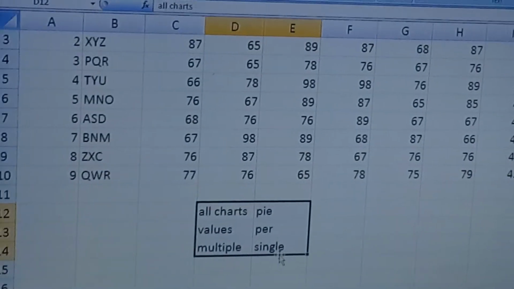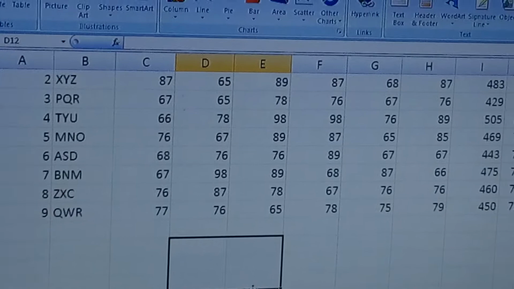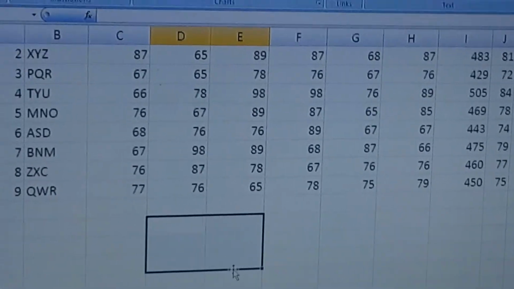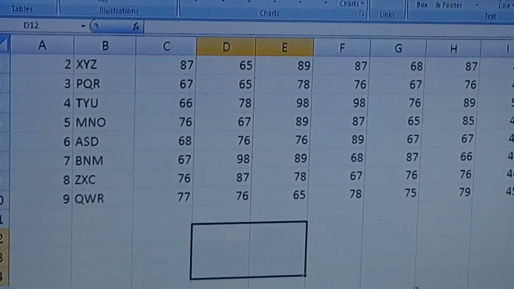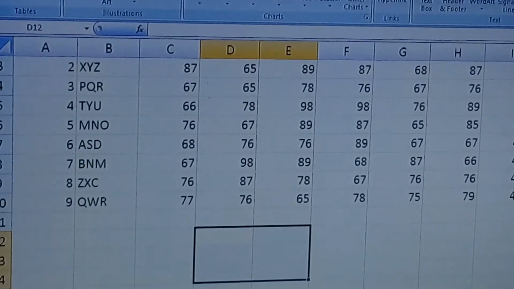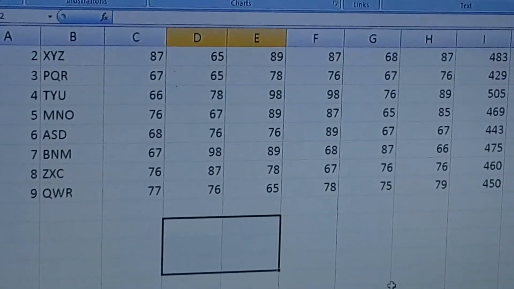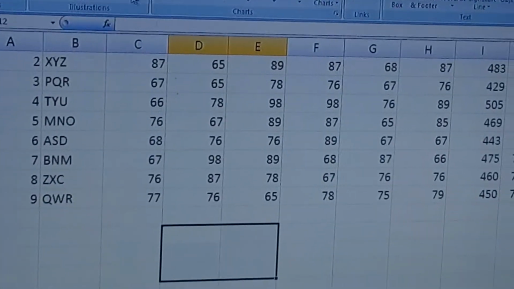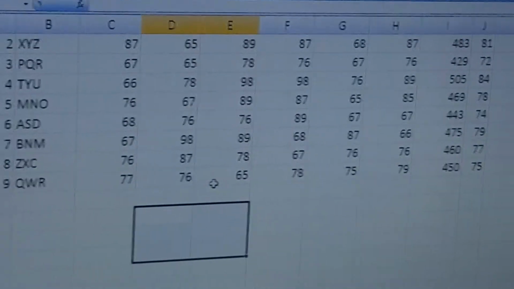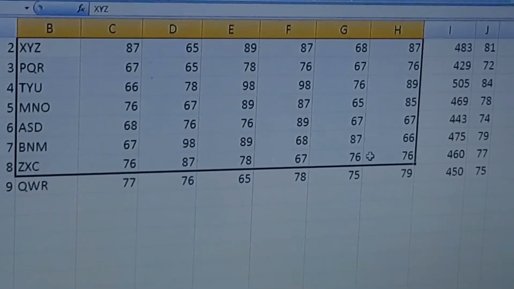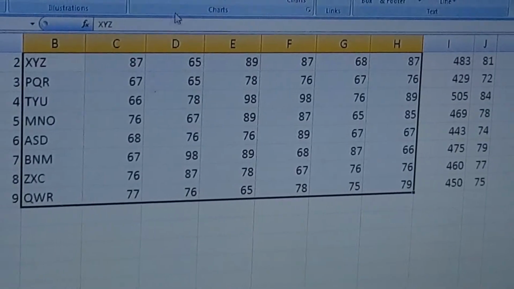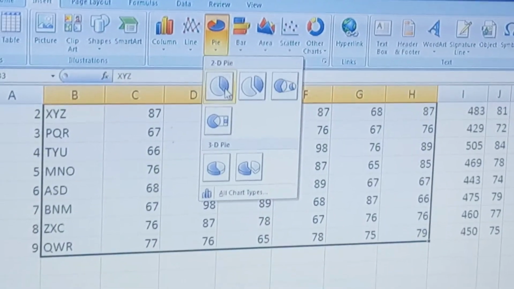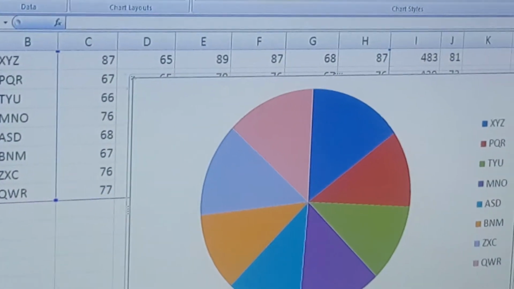And pie chart is presented in circular form, whereas other charts appear in bar or line form. Suppose I select the series. Now select the pie chart. Let us see what happened.